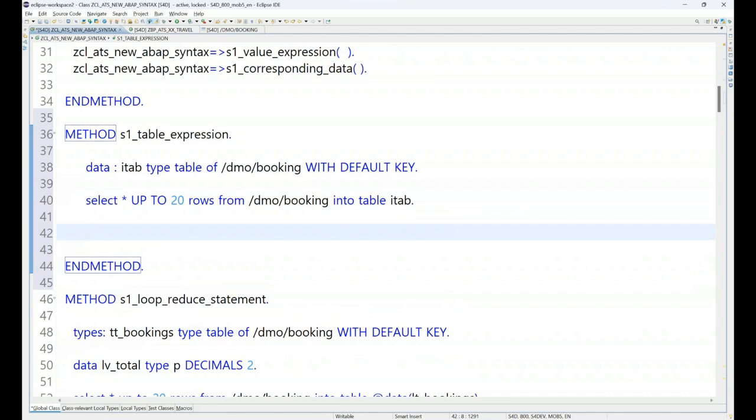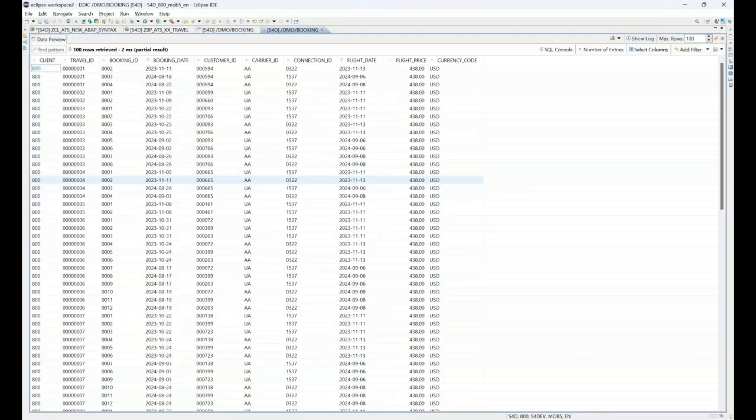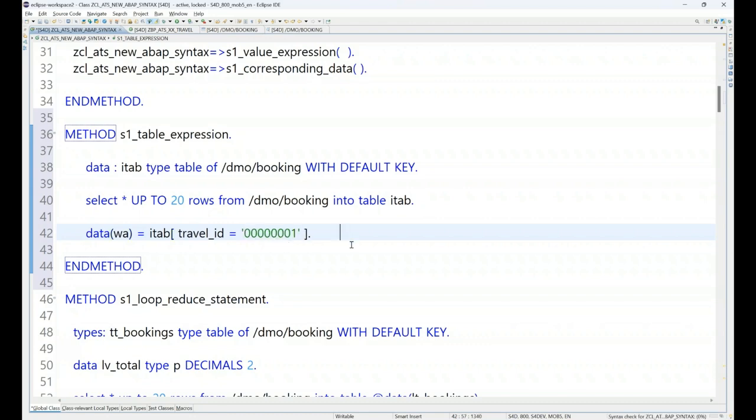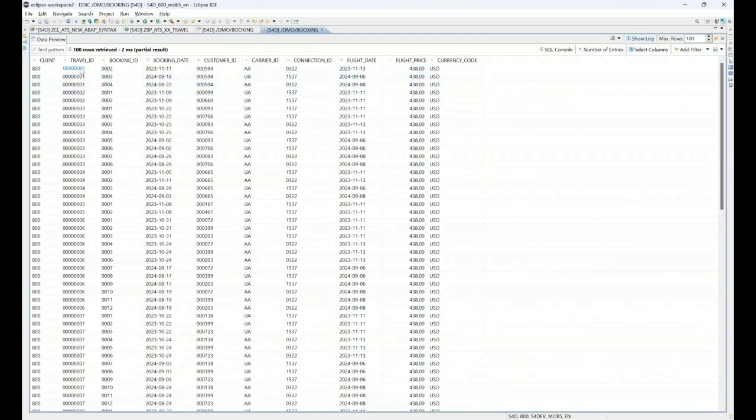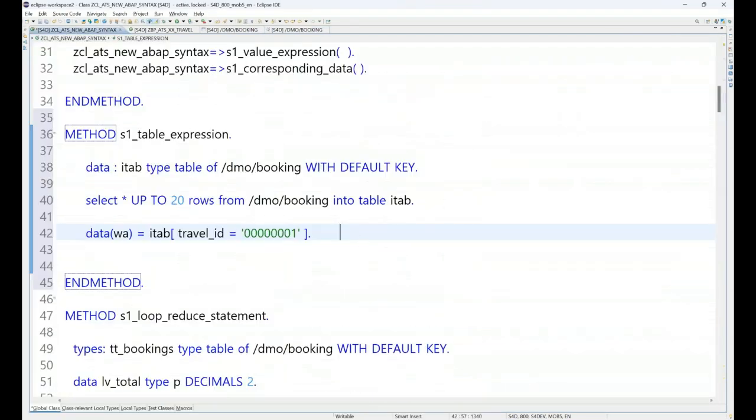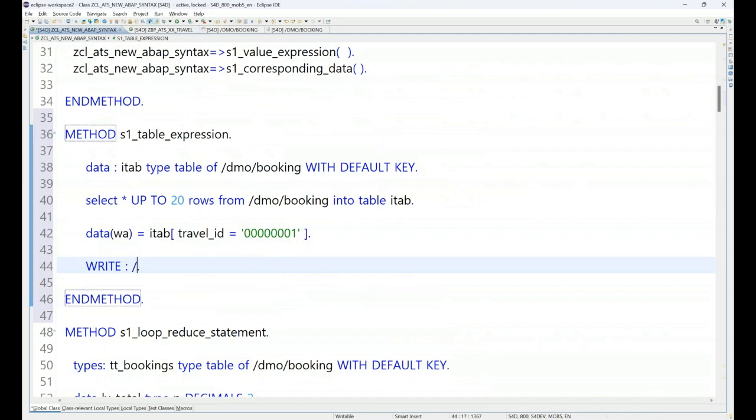And then we want to create a work area. So I can do inline data declaration like work area, and I can say iTab, get me a record where the travel ID is equal to 1. So let me go to the database table and show some data. I have some records with travel ID 1. If I copy that and hard code it here, I will get my record. Since there are multiple records with travel ID 1, it is going to give me the first hit. So we can print this data now on the UI: work area, travel ID, booking ID,